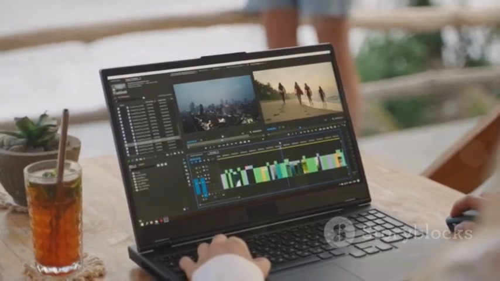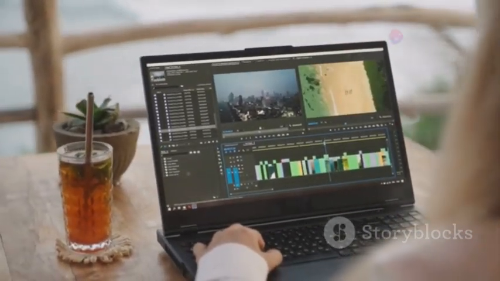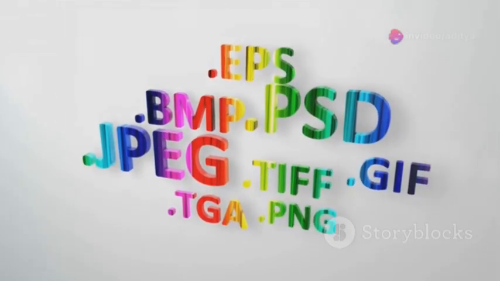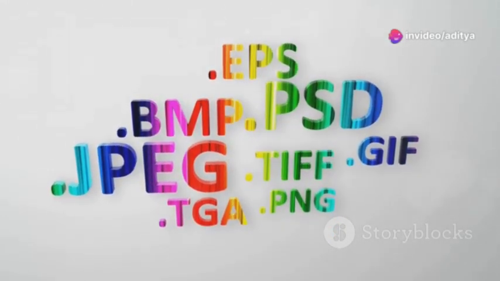Section 7. Sharing your masterpiece. Exporting your animation. Once you're happy with your animation, it's time to share it with the world. Exporting your animation is a crucial step to ensure that your hard work reaches your audience in the best possible format. Adobe Animate lets you export your creations in various formats, giving you the flexibility to choose the one that